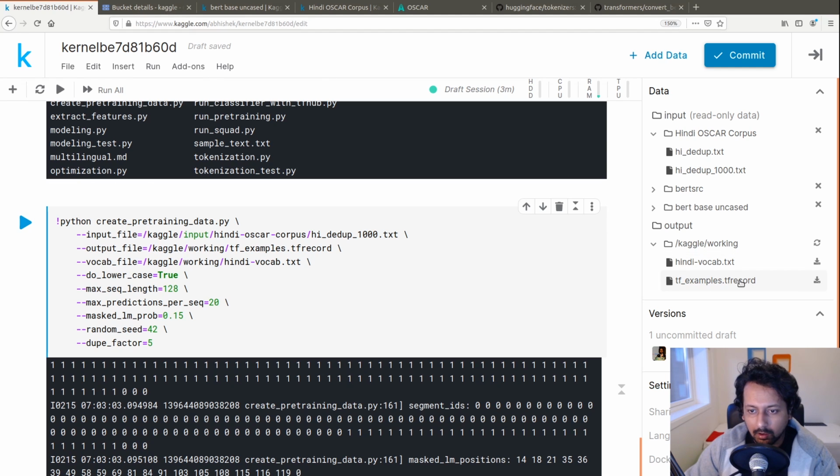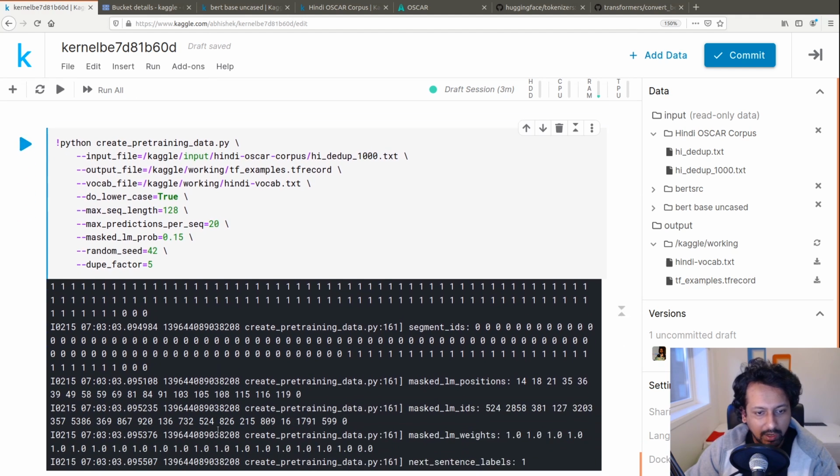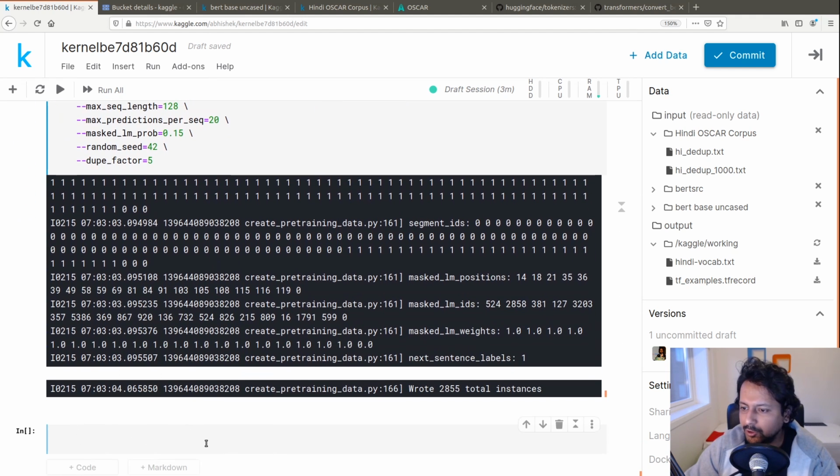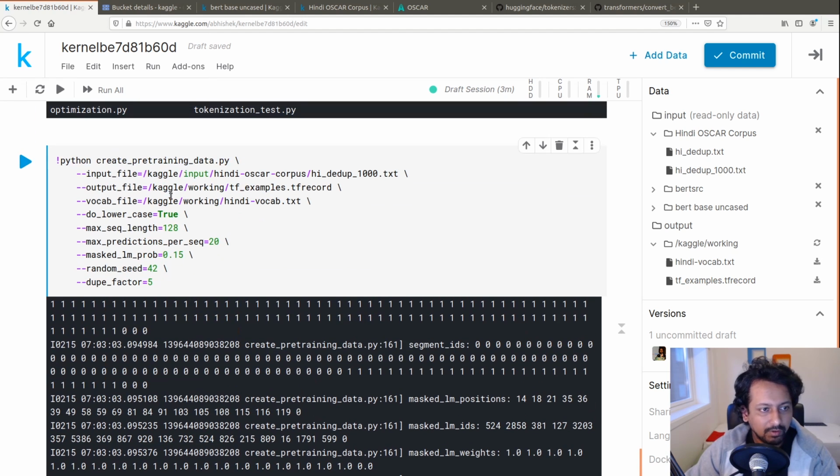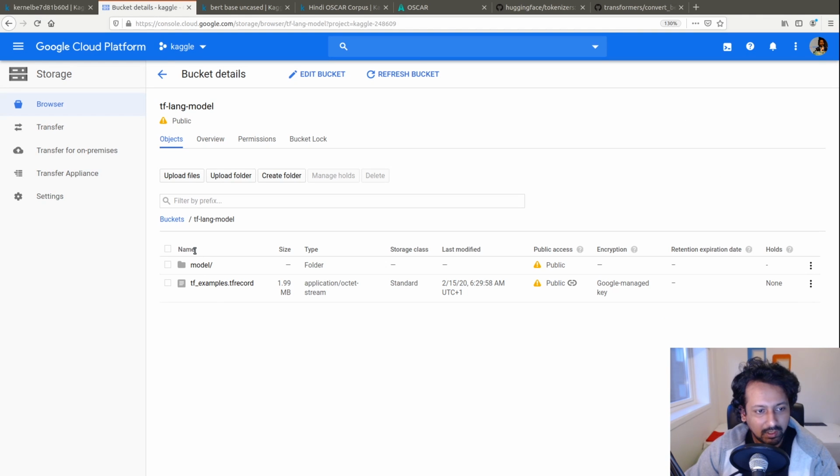So once you have these files, you can download them and push them to the bucket using the same kernel, or you can directly save this one, and instead of this, you can just write the bucket path with the bucket name. I hope it will work. I'm not sure. But I have created a bucket, and you can see I have this tf examples.tf record here